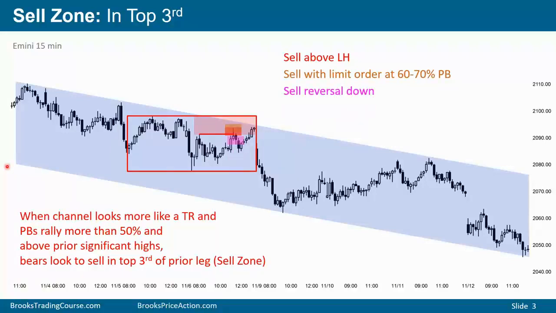Most traders should be looking to sell with stops. Therefore, when the market's up in the upper third and starts to reverse down, traders can sell with a stop order below the low of the prior bar. This is not ideal because the sell signal bar has a bull body right here, but it's 2 legs up, 1 pullback, 2, inside a bigger 2-legged pattern, 1 pullback, leg 2, and therefore a reasonable sell with a stop above the top of the most recent major lower high, either here, above here, or up here.